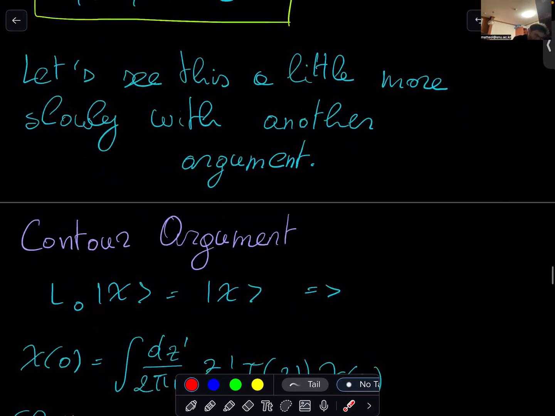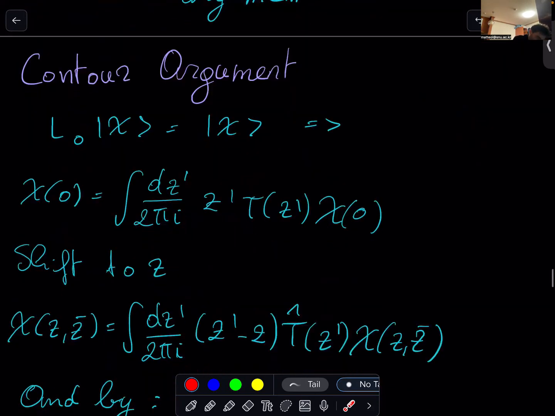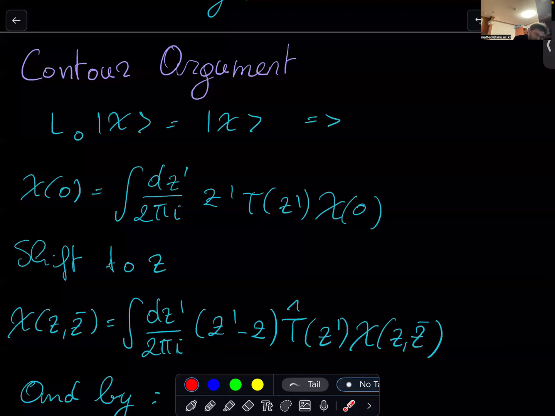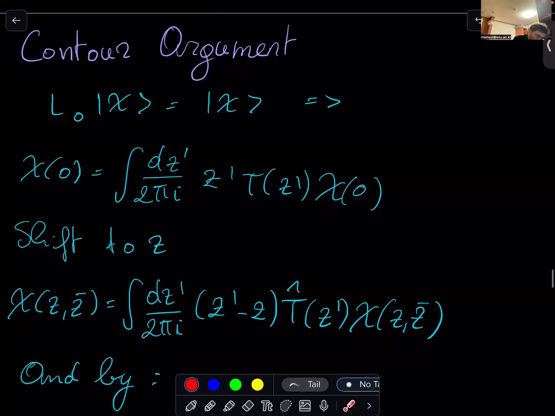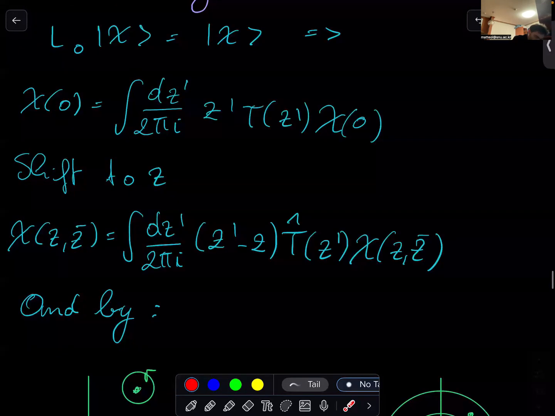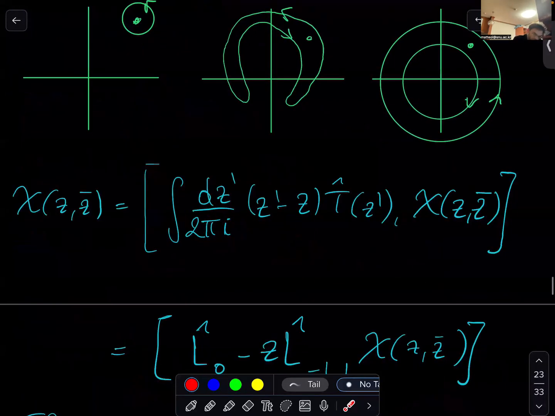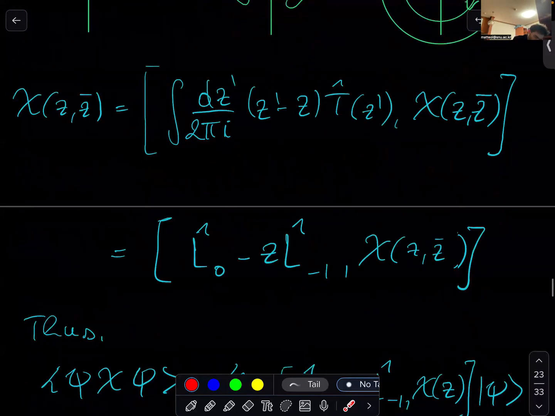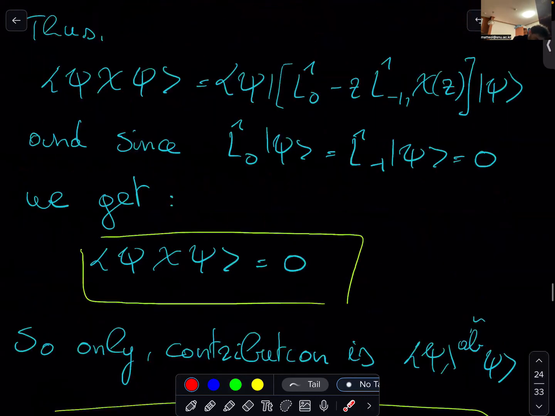So I have another argument here, but I will skip it. It's neat though. Well, I spent a lot of time doing it, writing the modes and expanding the modes and making sure that the modes behave in the right way. There's a neater way to do it. It's just applying some contour integration and so on. But I will skip this because the result